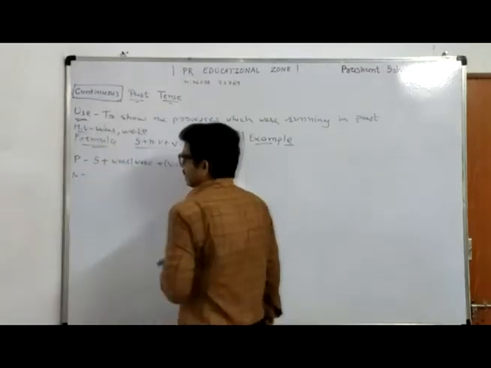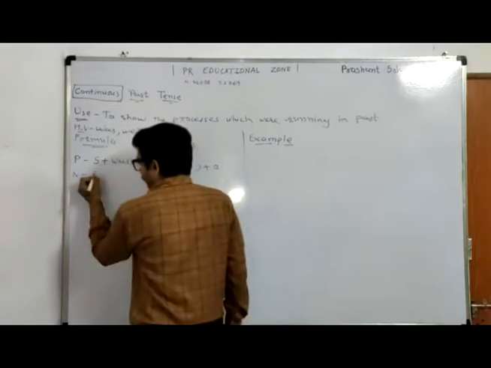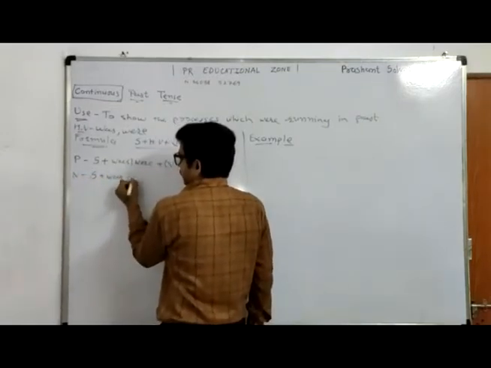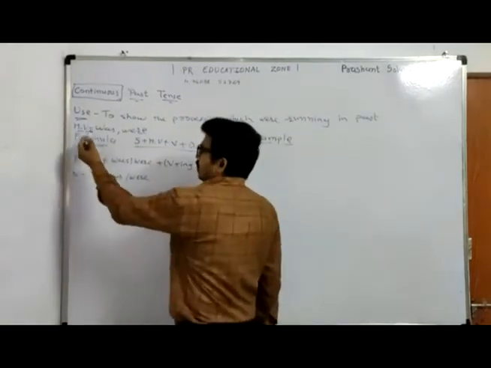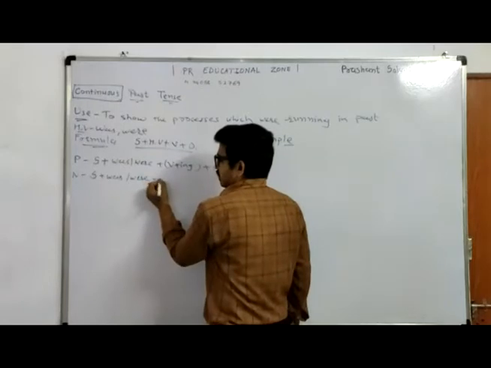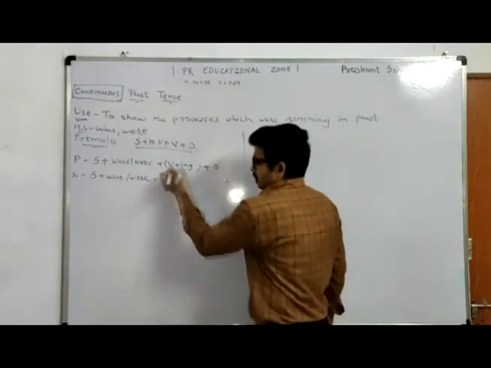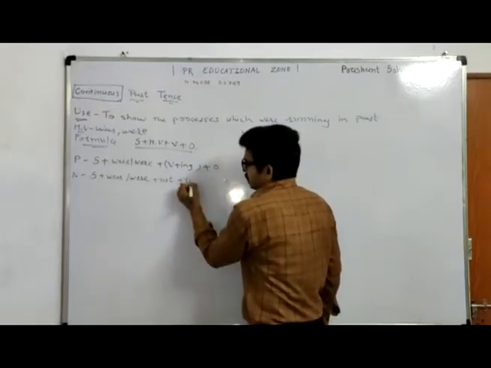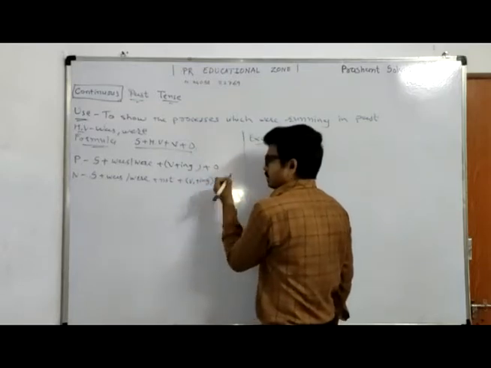Now we are going for the negative sentence, and also I had told you that in the negative sentence we have to just put a not after the helping verb, and here the helping verb is was or were. So we are putting a not after was or were, and the remaining part will be as it is: verb plus ing and then object.